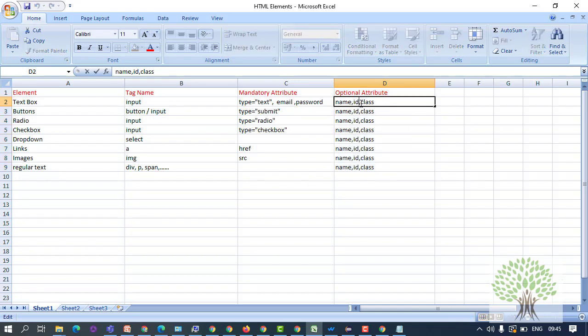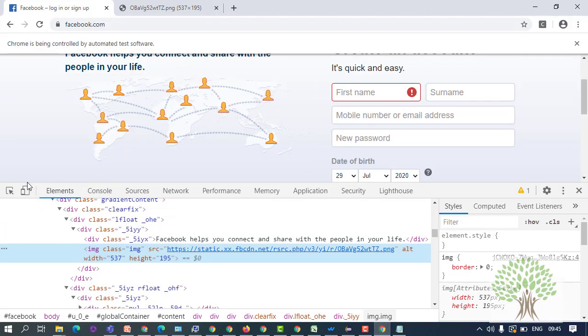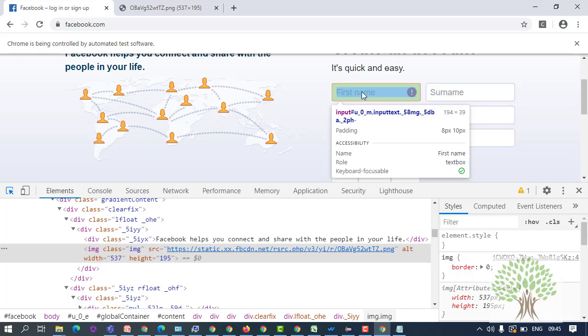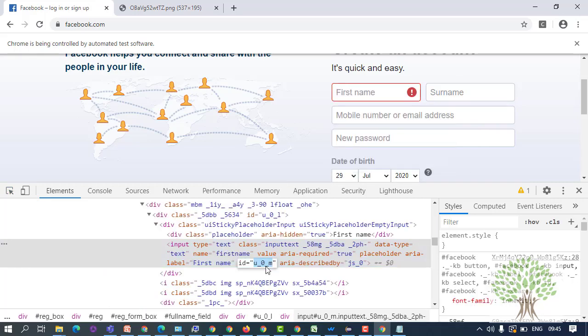Name and ID are supposed to be unique for an element. 99% of the times the developer gives a unique name or an ID to an element. If you look at this first name field, you see that it's got an ID.